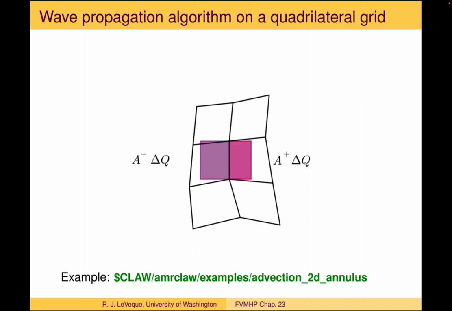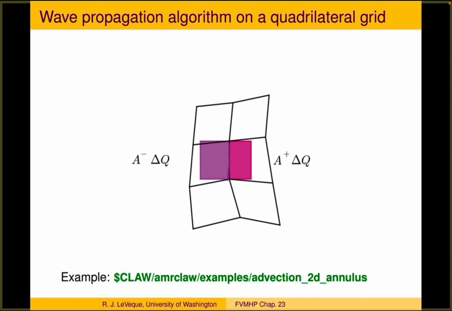You could do it on other grids too, but in particular for a quadrilateral grid, if you have some grid mapping from a logical rectangular grid to some mapped grid, maybe polar coordinates or something else, then you can extend these ideas, and the idea here would be then that